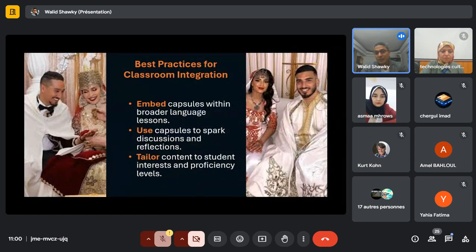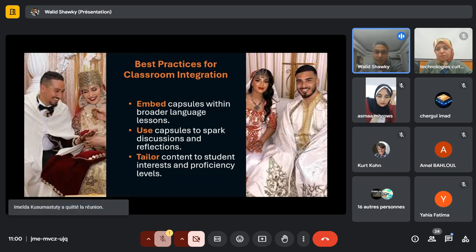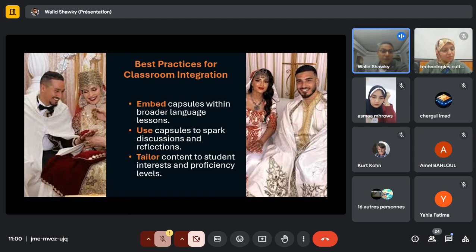To practice this in the classroom, teachers need to embed, to make your capsule part of your language lesson. And again, it's important to decide when to put it in your lesson. If there is a reading, for example, in your lesson, do you think it would be better to introduce the video or the picture before the reading or after the reading? And why? You need to answer this question as a teacher. Shall I introduce this video at the beginning of the lesson so I can use it as a warm-up? Or I will use it after the reading, so I can use it as feedback for students and then give them some time to discuss. So you need to make it a part of your lesson, and you have to decide when and where to use it.